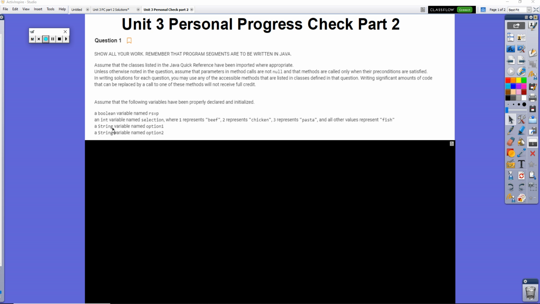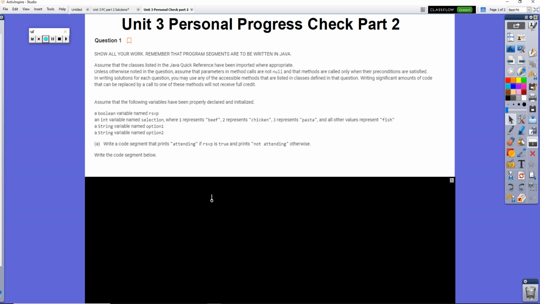There's going to be a string variable named option1, which is probably going to store the person's first choice, and a string variable named option2, which is probably going to be the client's backup plan for what option they would pick. So the first part of this question says, to write a code segment that prints out attending